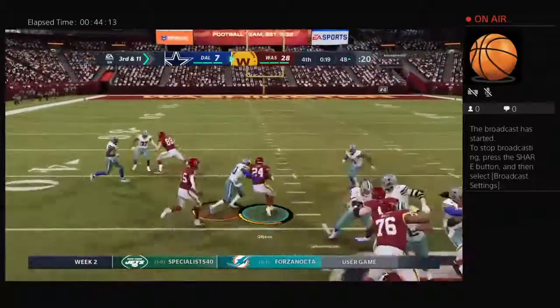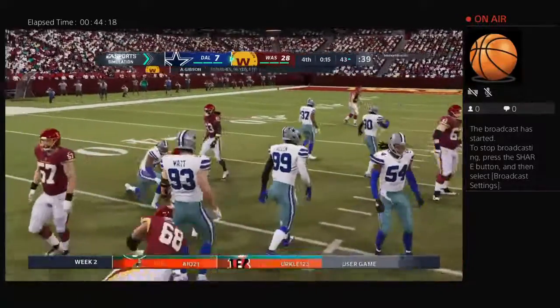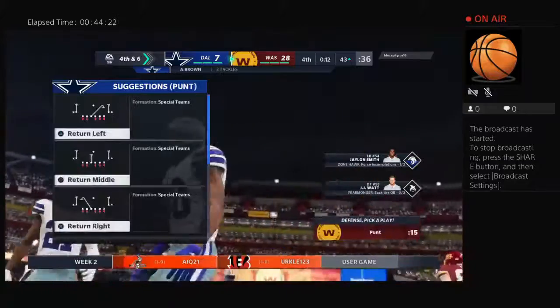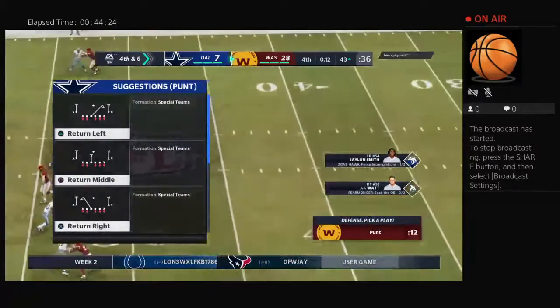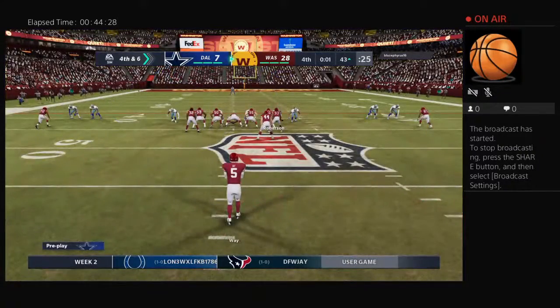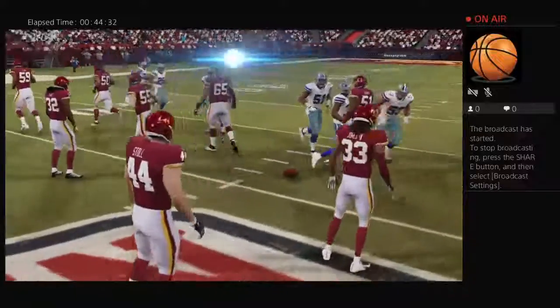From the shotgun now. Here's an inside give. And he's going to be stopped here at the 43, and that is not near enough to pick up the first. Call it a gain of 5. Fourth down now. It's fourth down. Here's Tressway now as he's on to punt for Washington. Tonight's